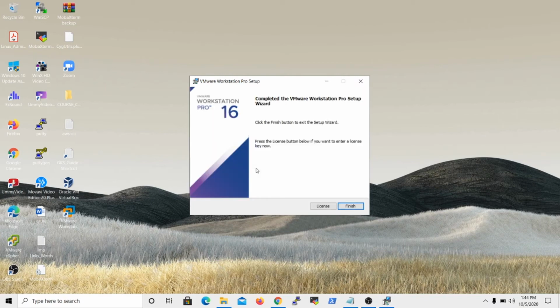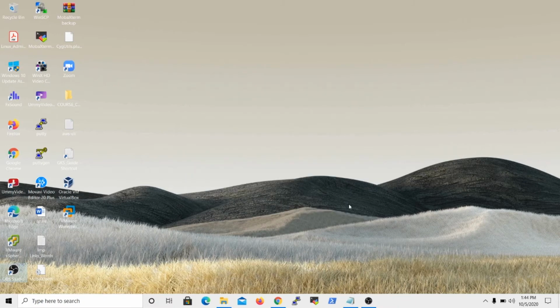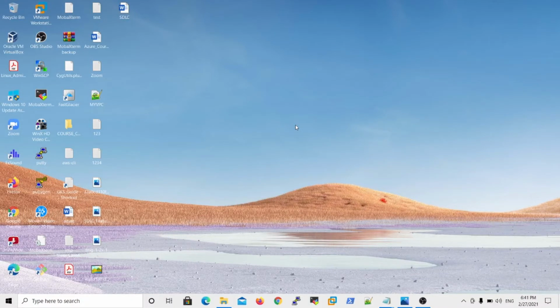Right. So installation is finished. But here is one more option, the license option. If you have any license key, just add the license. Otherwise, by default the 30-day trial version applies. Just finish it. So this is the overall VMware Workstation 16 download and install procedure. After installing VMware Workstation, you now have one icon on the desktop, VMware Workstation Pro. Now just open VMware Workstation to create a new virtual machine.